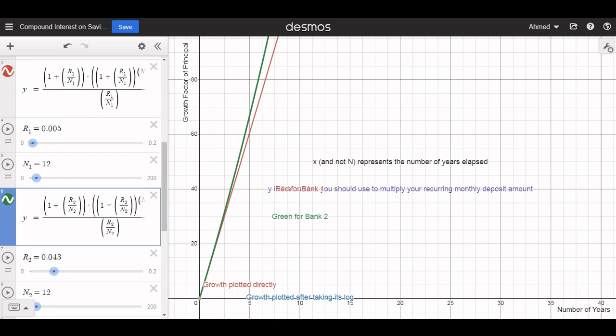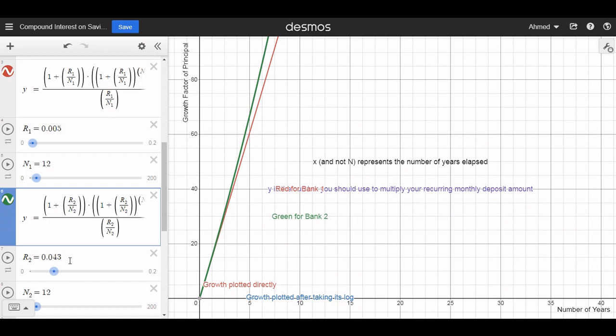All right, so some of you have already posted graphs. This is an example of one. Here the interest rate on account 1, which is the red curve, is 0.5%. And remember, you have to express the interest rate in decimal form, so 0.5% is equal to 0.005 in decimal form. Now, can you guess what the